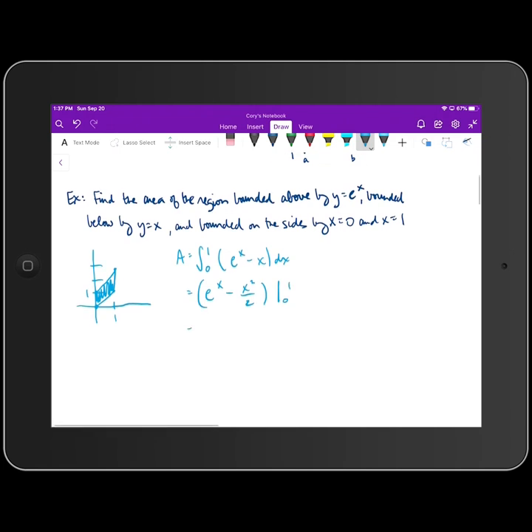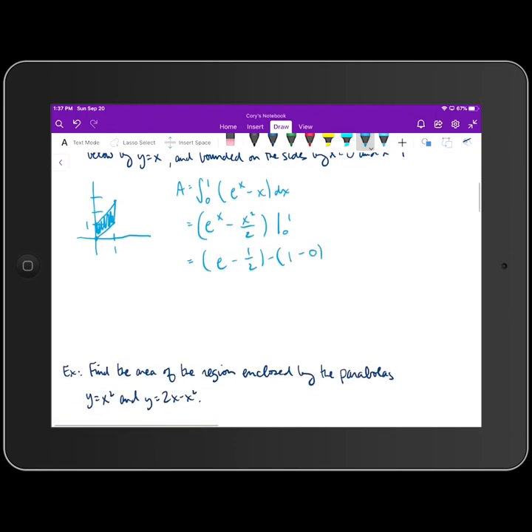So when we plug in 1, that gives us e to the first power, which is e, minus 1/2. And when we plug in 0, we get e to the 0 power, which is 1, minus 0. So that winds up giving us e minus 3/2 for that area. And again, because the area lies above the x-axis,